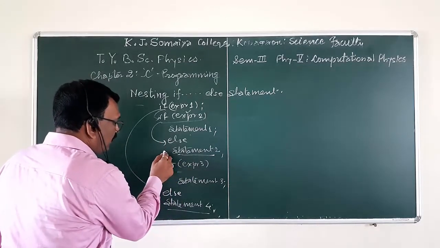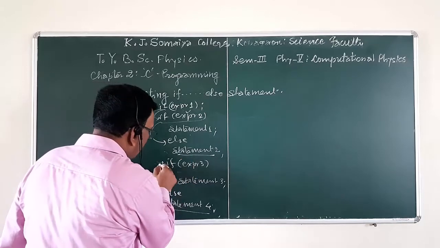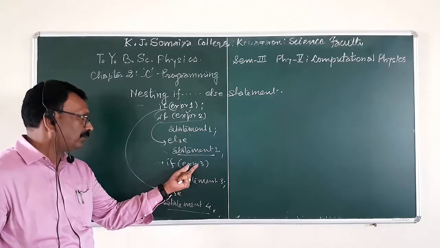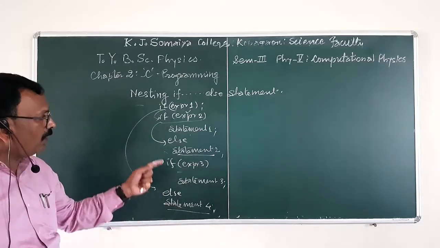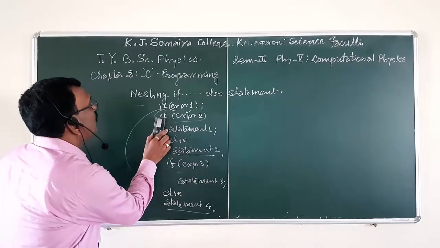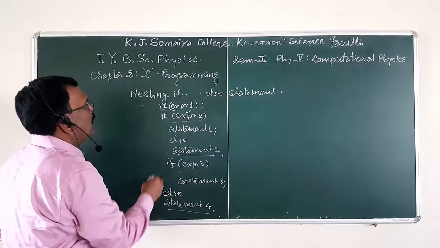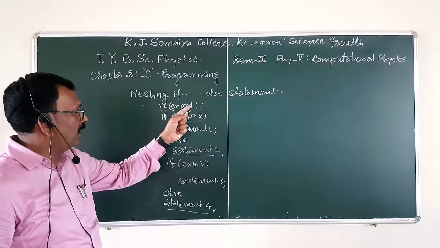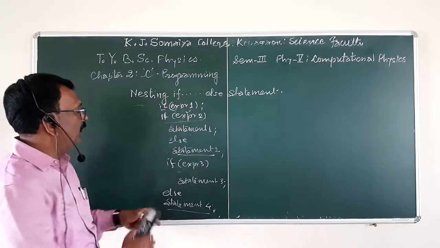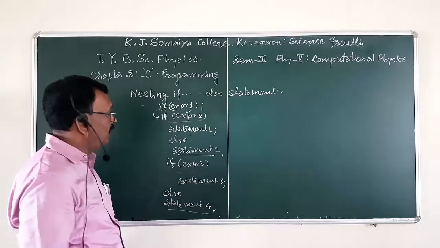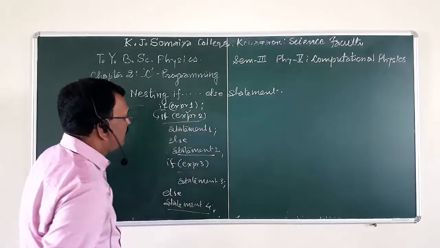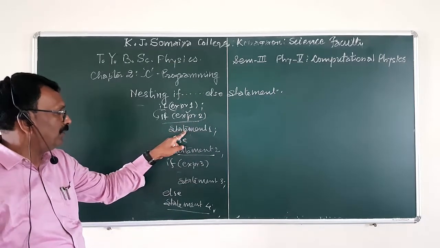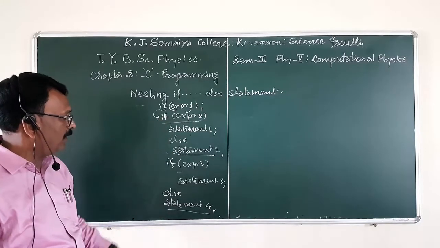And further again it comes to, after this again expression 3 is checked. If the condition is true, then see like this, or in another way we also change the execution. See the execution, how this is executed. When if expression 1 is executed and it is found that the condition is true, then control comes here. When it again checks the condition of the second if statement, if it is true, then the statement is executed, otherwise it comes to else and statement 2 is executed.